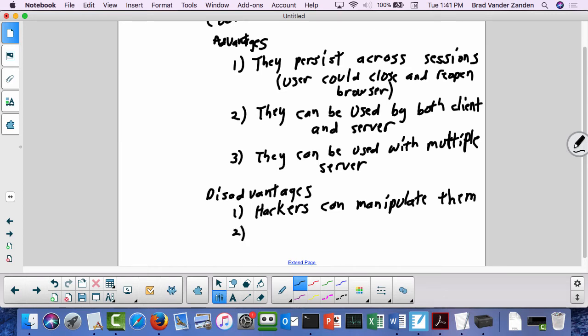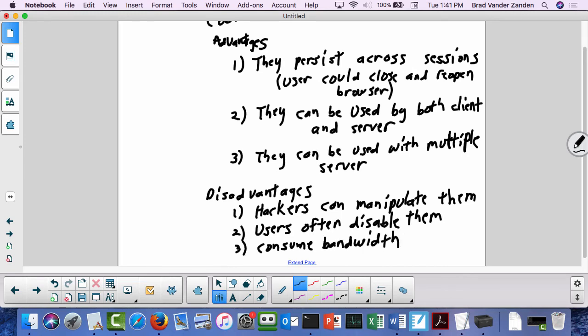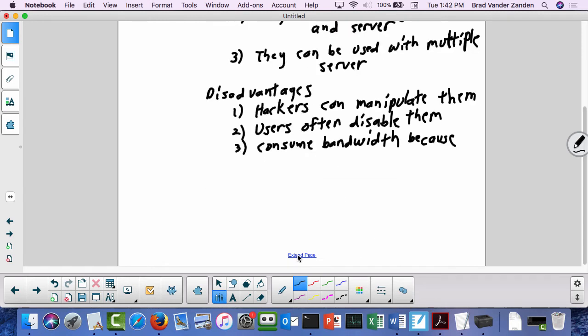Another big disadvantage: users often turn them off or disable them. And they consume bandwidth. Because what happens with cookies is that they're actually sent back to the server on every page. Every time form data is sent to the back end, the cookies are sent as well, because all cookies associated with this domain